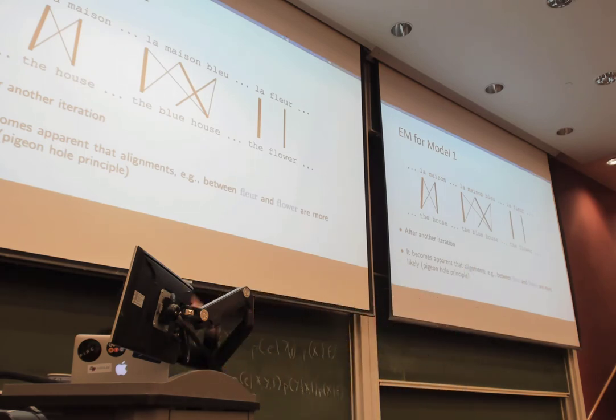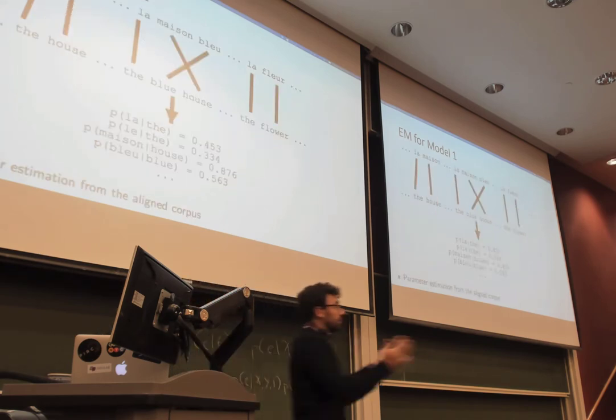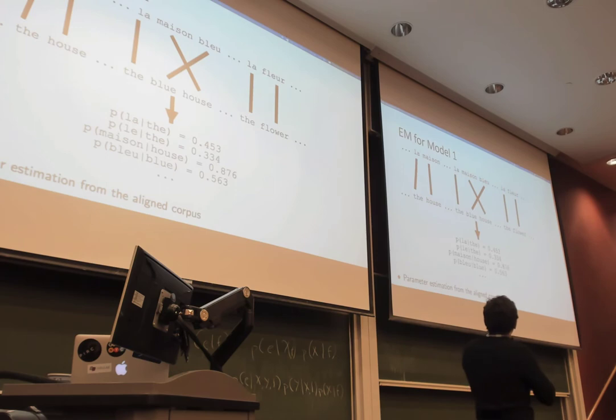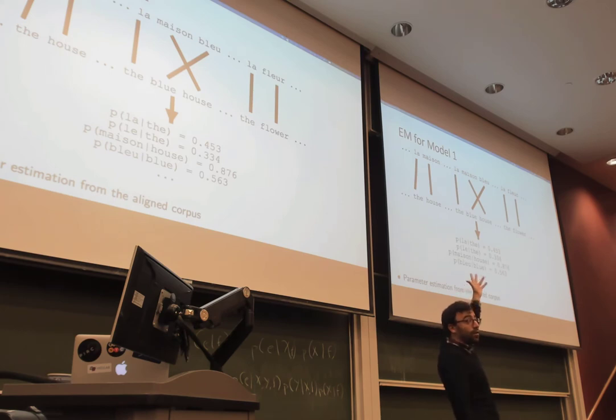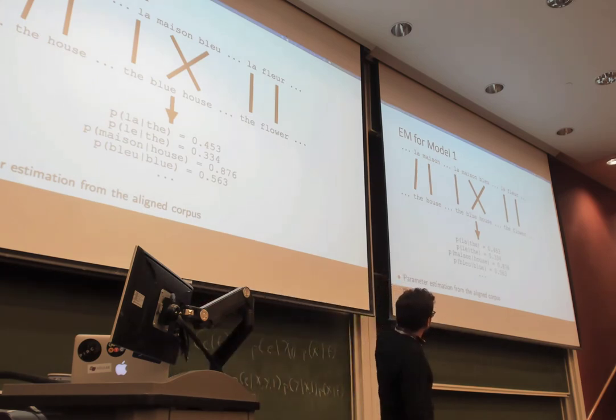So you do another iteration, and in the end, you can take something like the maximum if you want, and end up with something that looks very similar to what the correct alignment would be. And now, using your aligner, you can have a proper parameter estimation